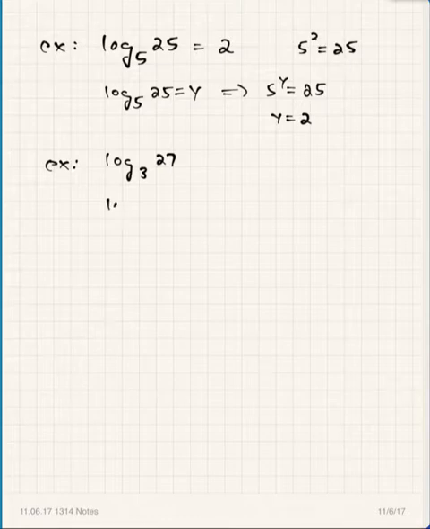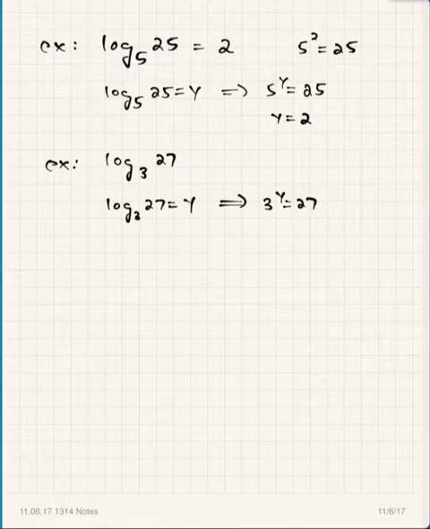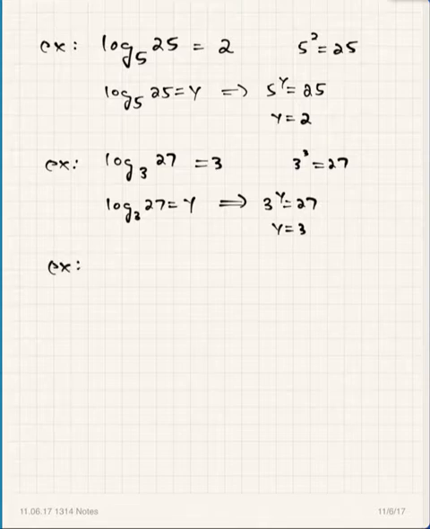If you wanted to, you could write this as logarithm base 3 of 27 equals y, the complete log form there. And then write it out in exponential form: 3 to the y equals 27. This is the power you raise 3 to get 27. And again, this is one that we can solve. This has got to be equal to 3, right? We know that 3 to the third power is equal to 27. Right now, I'm just writing down ones that we can actually evaluate by looking at them.